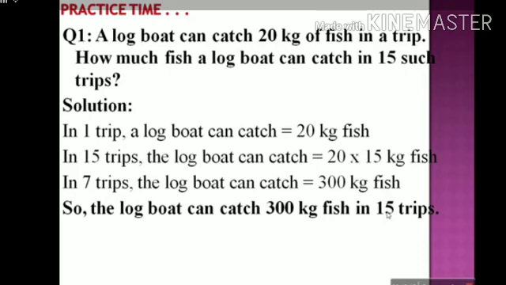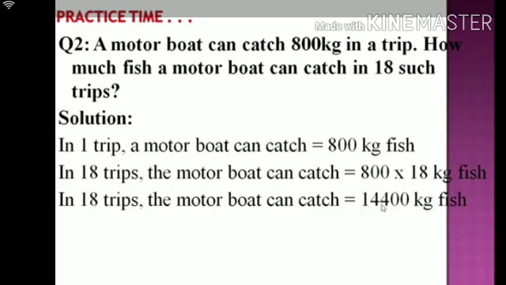Understand? Okay. Look at this question, children. A motor boat can catch 800 kilogram in a trip. How much fish a motor boat can catch in 18 such trips? Let us see the solution. In one trip, the motor boat can catch how much given in the question? 800 kilogram fish. We are asked to find for 18 trips. Therefore, in 18 trips, the motor boat can catch, all of you multiply 800 and 18, do in the working column, and you will get the answer